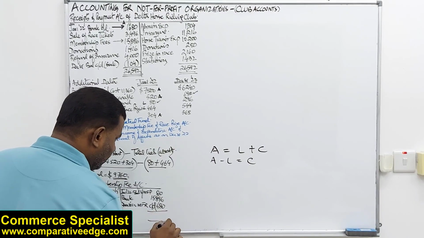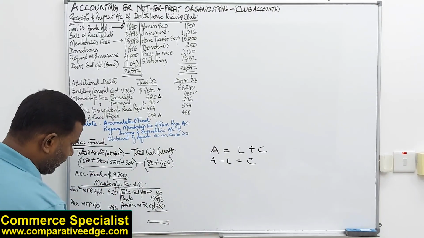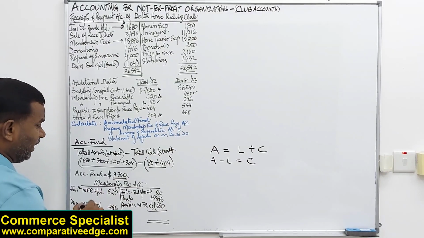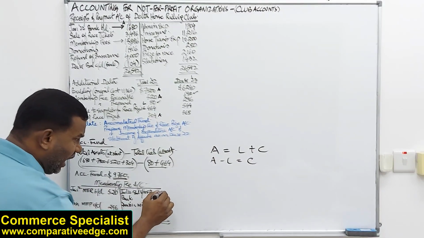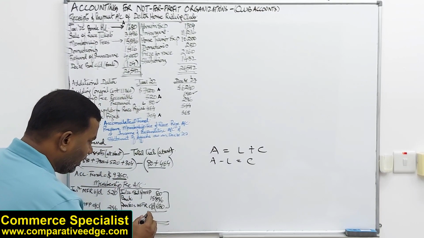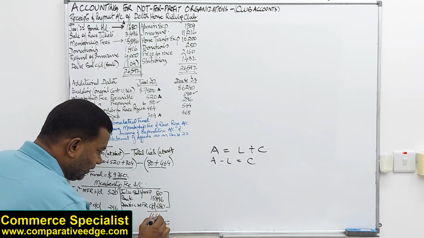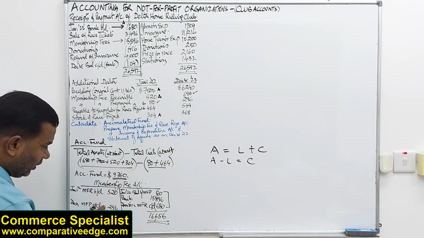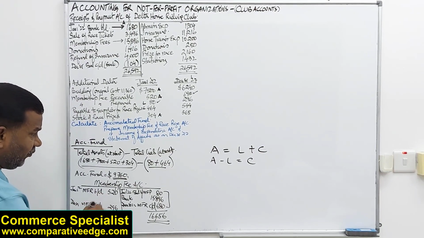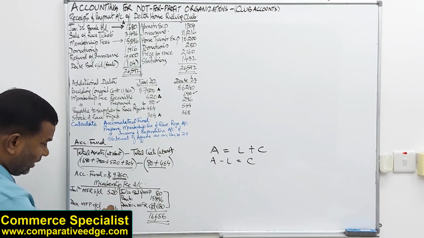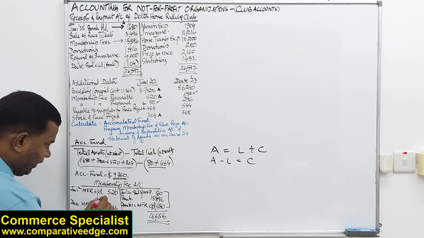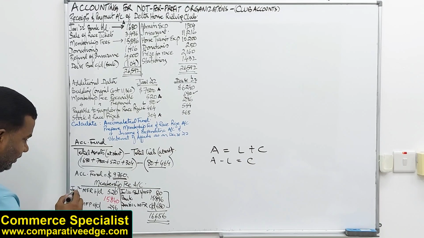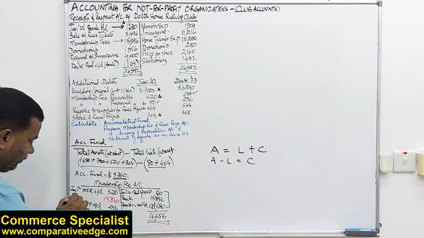Now we're going to add all this and subtract these two to get membership fee income for the current year. So if I add all these three, I get 16,656. From this total, I'm going to minus these two in order to get membership fee income for the current year. And if I do that, I get 15,840, and this is my membership fee